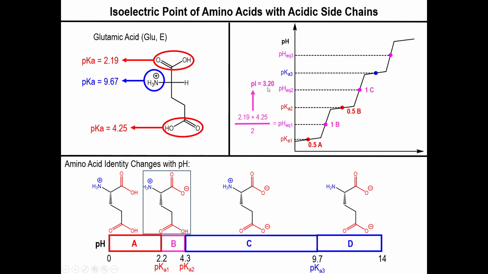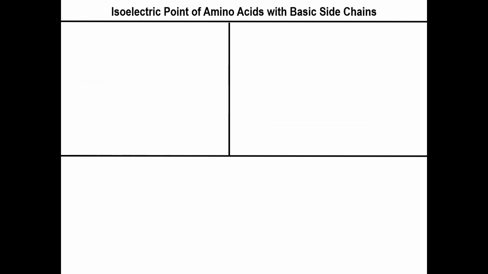But that number is what we call the isoelectric point, and it's abbreviated as pI, because this will be the pH at which the amino acid will be neutral. All right, so